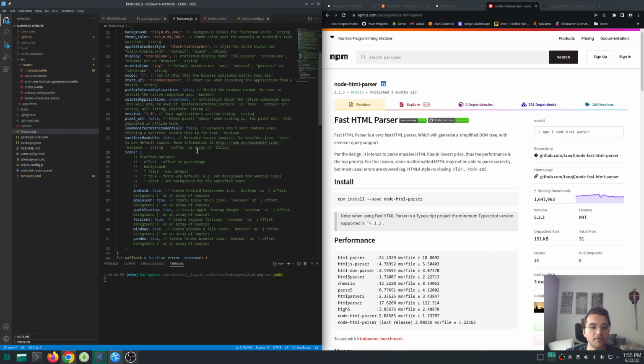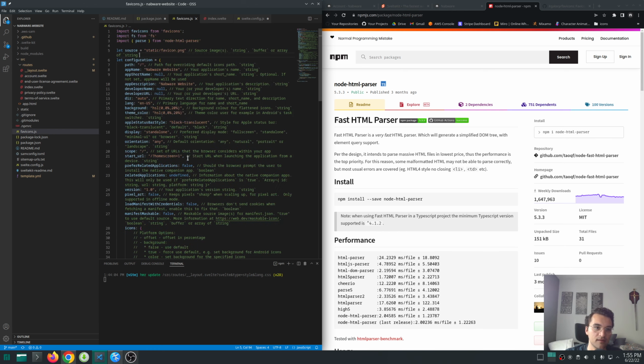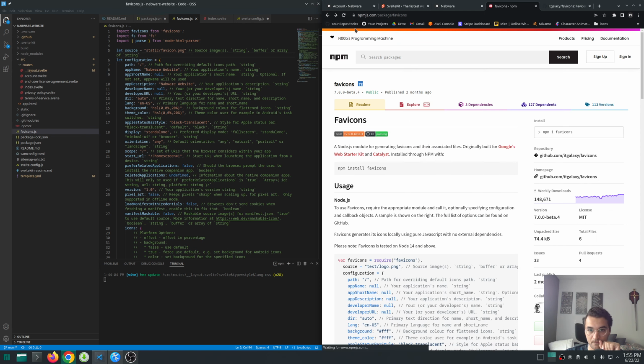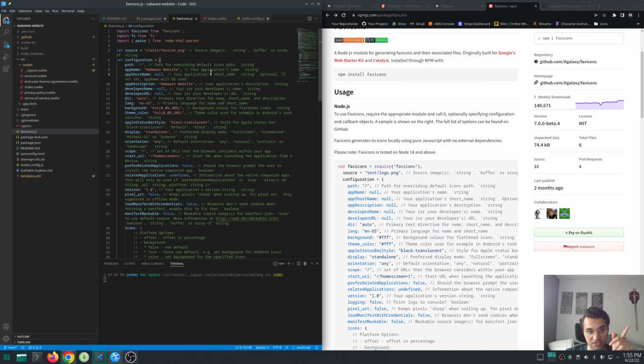So I left pretty much everything as defaults from my copy and paste of the favicons demo. I did make some changes though. Even before the source, I took the three parameters that they're defining inline, and I made them separate parameters by adding let in front of them. So I'm defining variables in this script. So the source, I changed it to